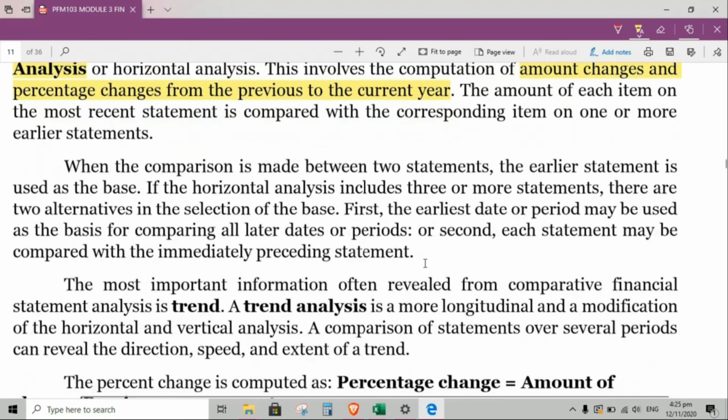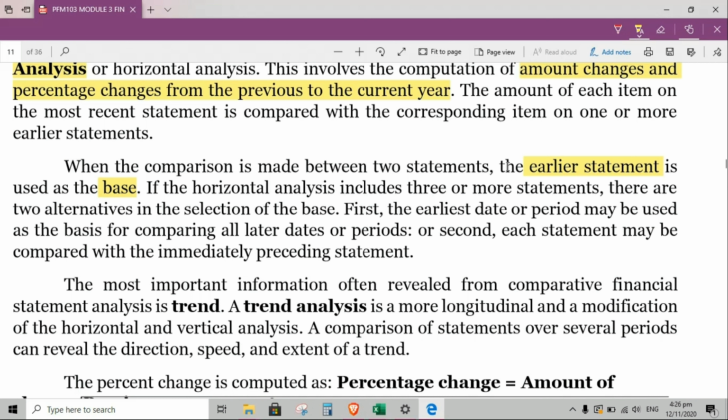Sa pag-compute via horizontal or comparative statement, ang base natin ay yung earlier statement or yung mas nauna. Like, for example, we'll have 2018 and 2017 financial statement. Yung magiging base natin dyan is yung